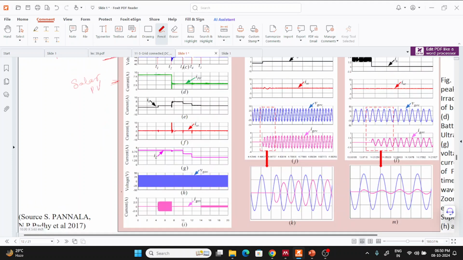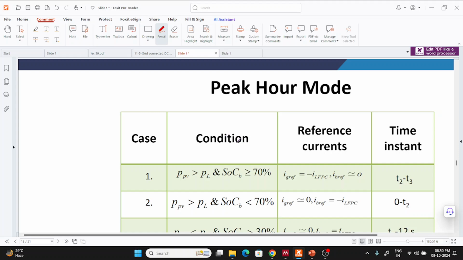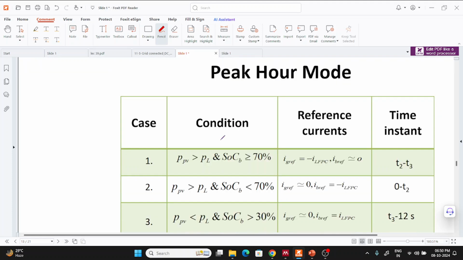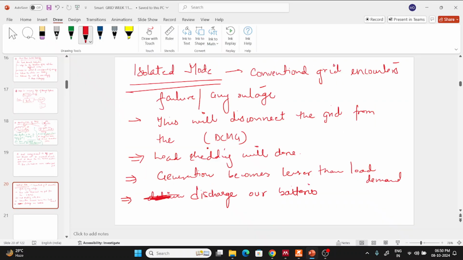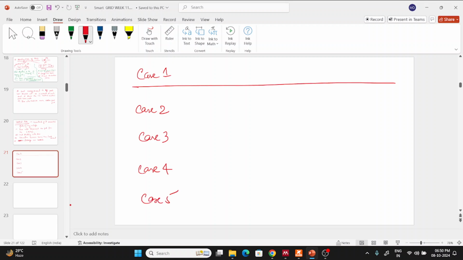So this is how all these variations go. Now here in a peak hour mode, what are the conditions, which I will write here. For a peak hour mode, various cases we have, case 1, case 2, case 3, case 4, and case 5. So various conditions are there